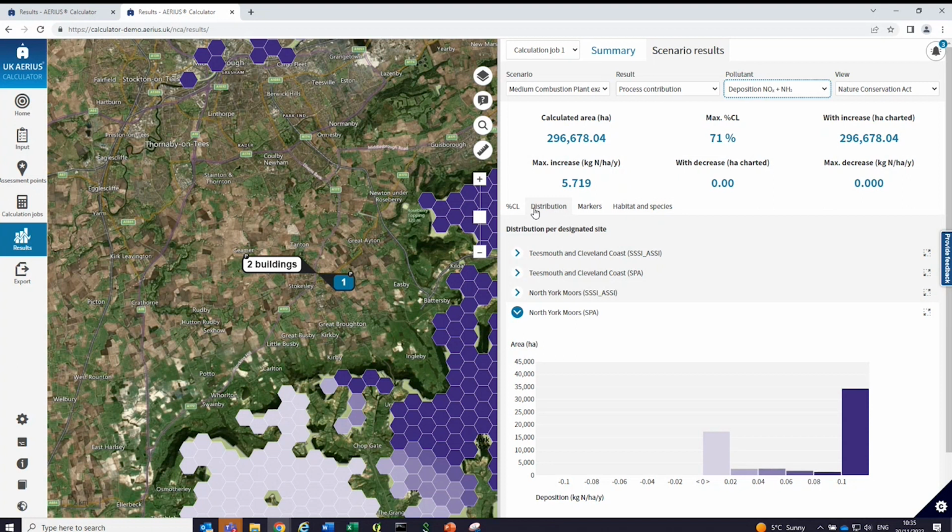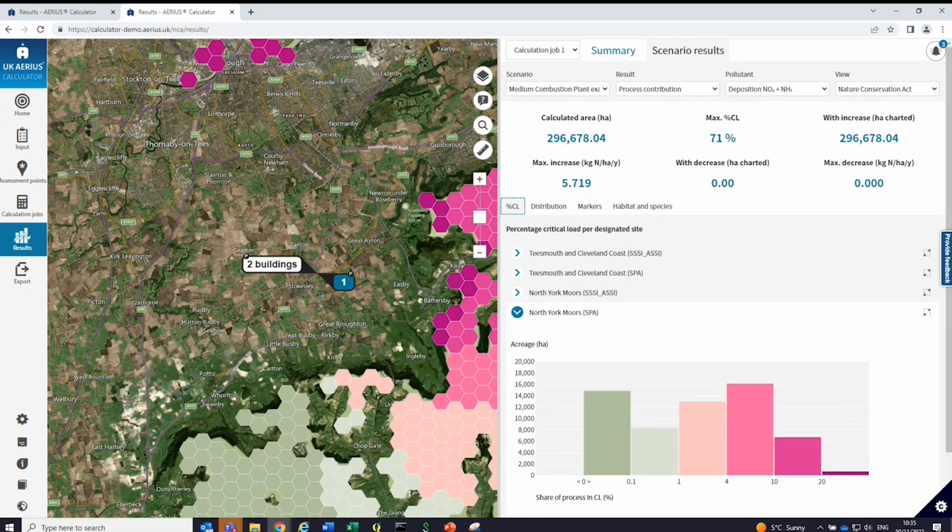The percentage CL tab can be used to compare the process contribution to the critical level for NOx and ammonia concentrations, or critical load for nitrogen deposition of the most sensitive habitat feature associated within each of the sites. A good rule of thumb is that red and orange colours show the areas where we are above 1% of our CL, and you can find out hexagon specific info by